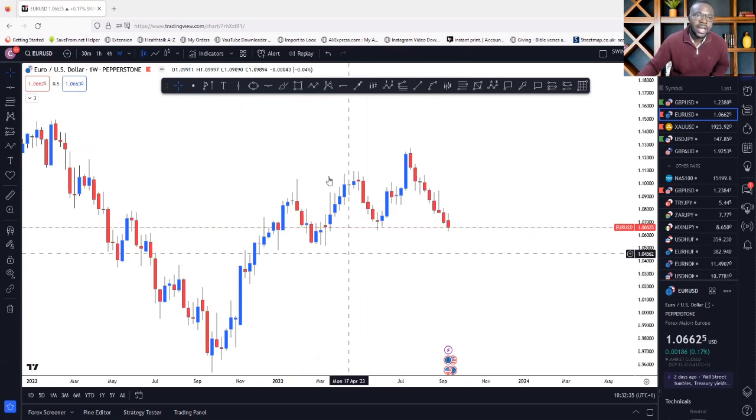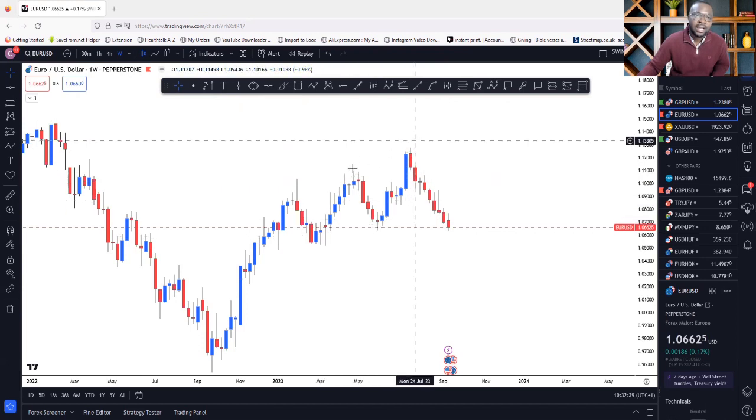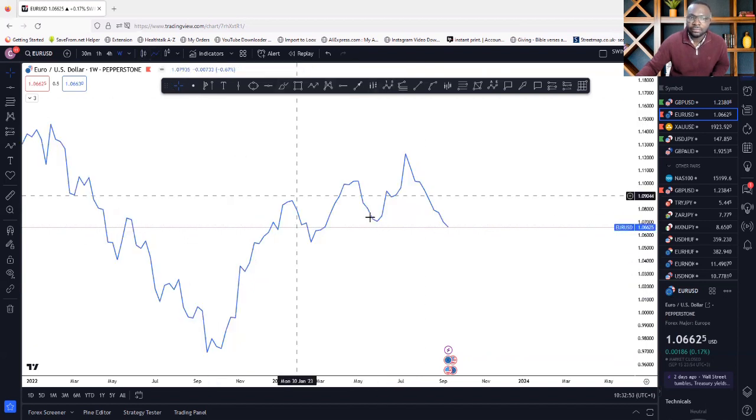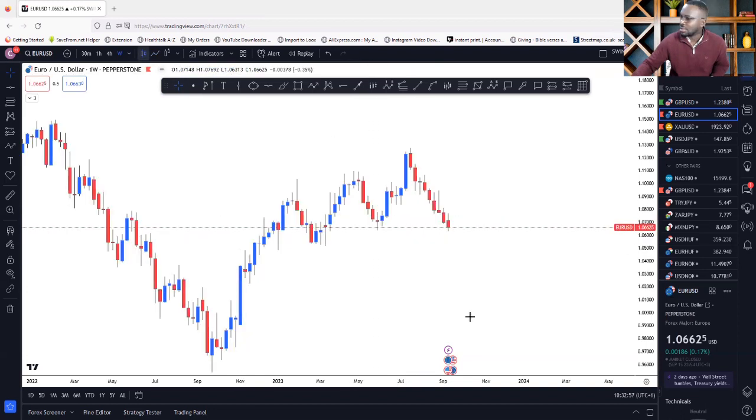We can see that this is the recent high. We are not trading on the weekly. I think it just did. It just broke it. Now, if you see on the body, if I turn the line chart on, clean, we can see that it just broke it. Structure has been broken. So where is it heading to?